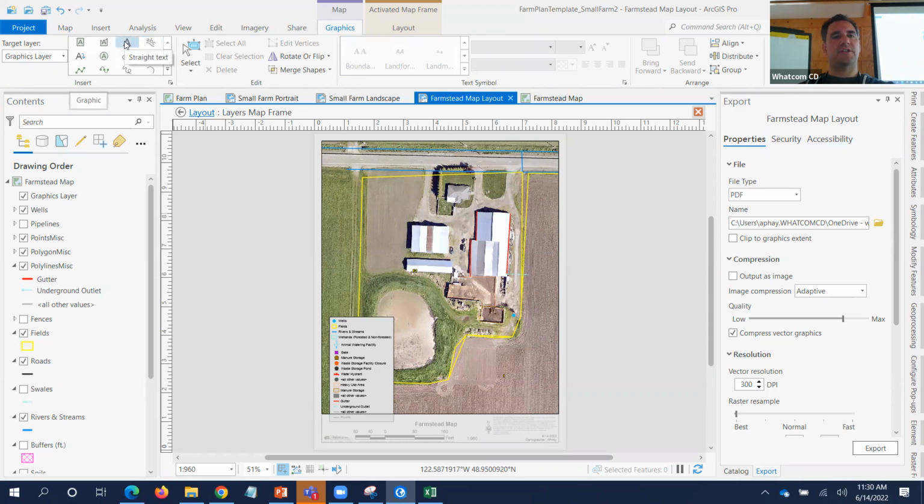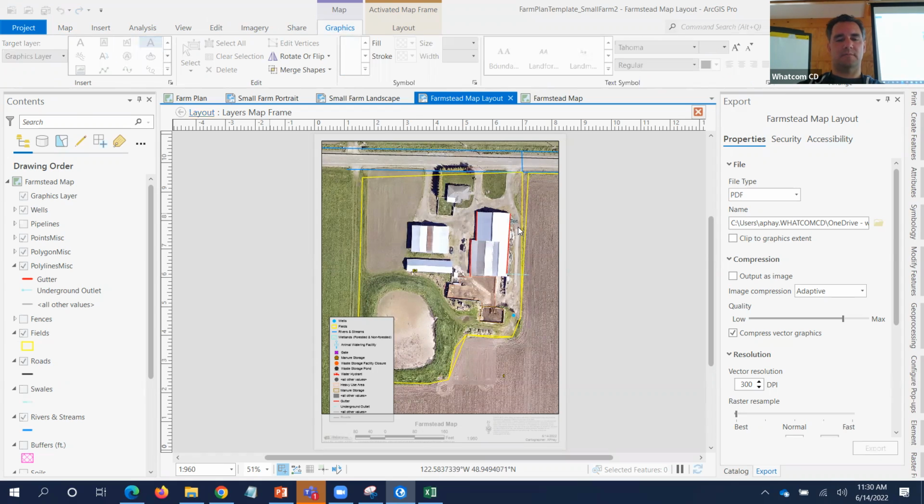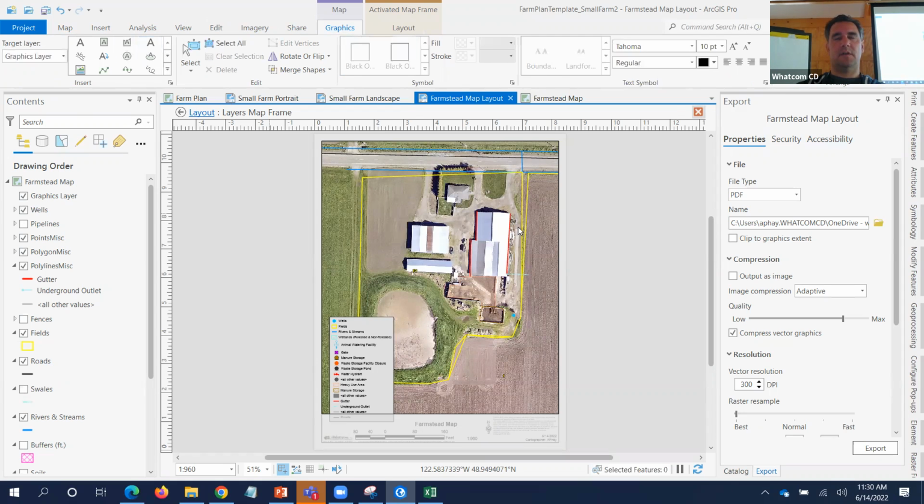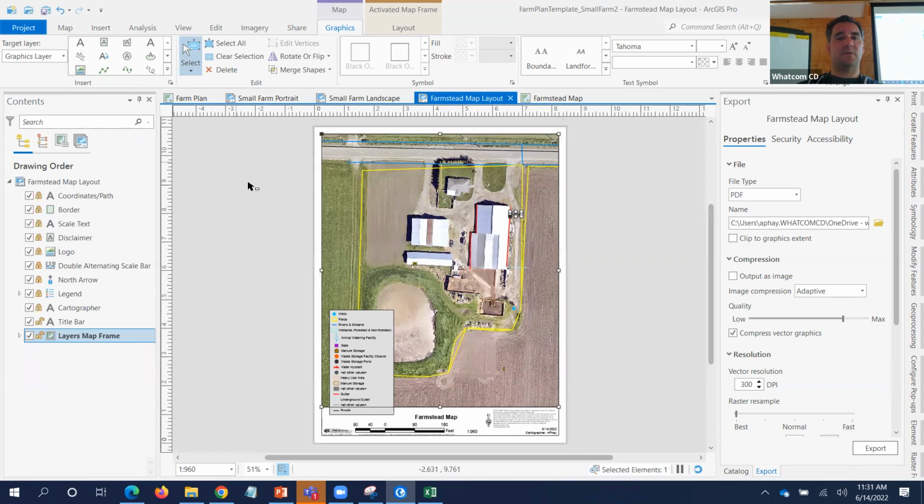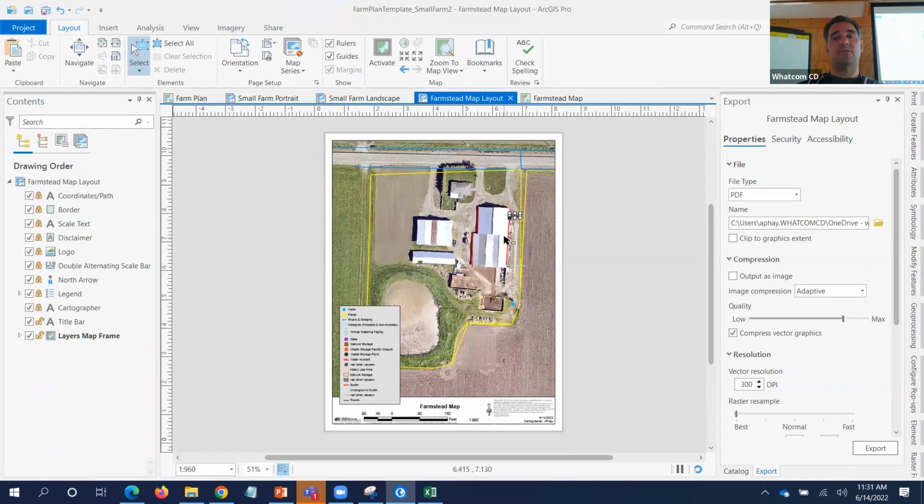And right here is just a straight text. Now I'm going to put in gutter. I know it's not what I'm supposed to put, but that's what I'm going to put. It's supposed to be what? It doesn't work that way anymore, but I do need to go back to my layout, zoom in,